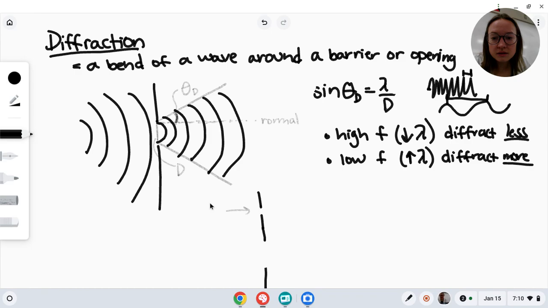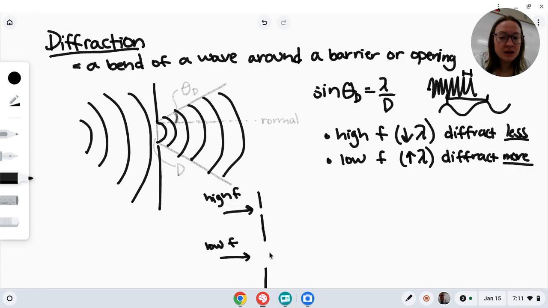We send all of the high frequency, or small wavelength, sounds through the top speaker. And then we send all of the low frequency, or big wavelength, sounds through the bottom speaker, through the bigger speaker. That means in this equation,